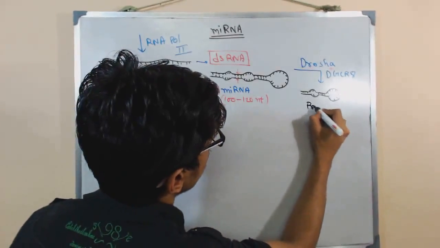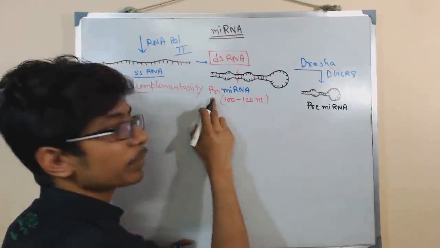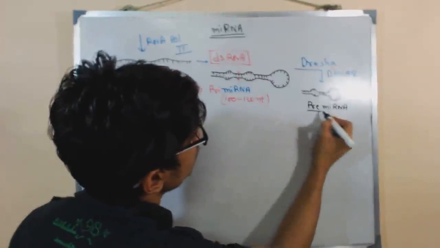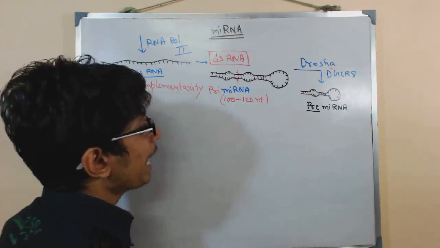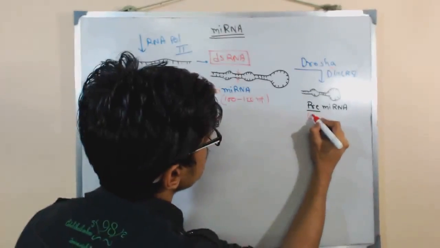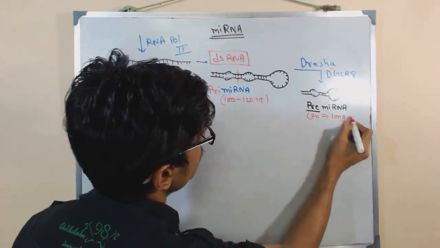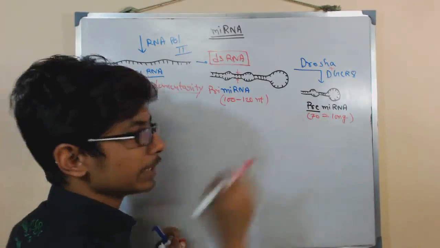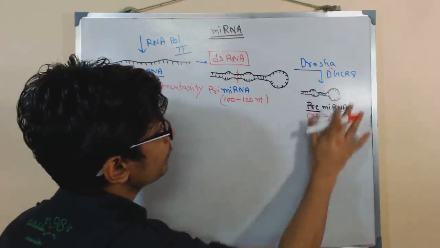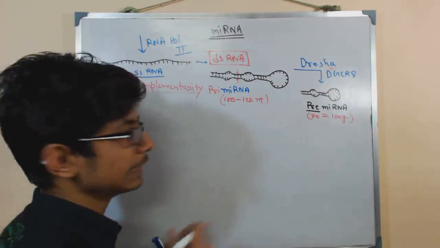Like that, right? And it is termed as pre-miRNA now. It was previously called pri-miRNA, now it is called pre-miRNA after the cleavage. And this pre-miRNA is approximately 70 nucleotides long, 65 to 75 nucleotides long. So once the pre-miRNA is produced, after this